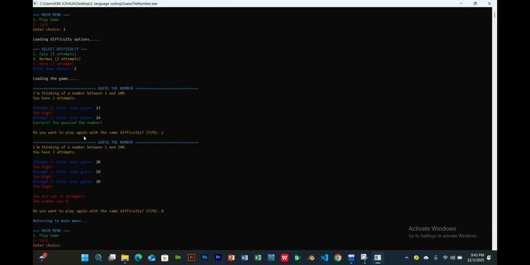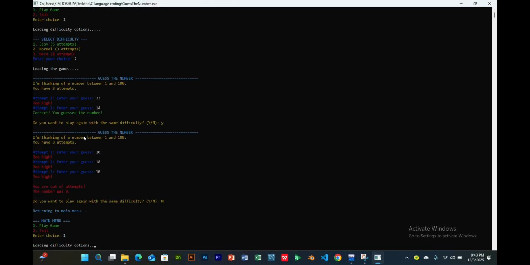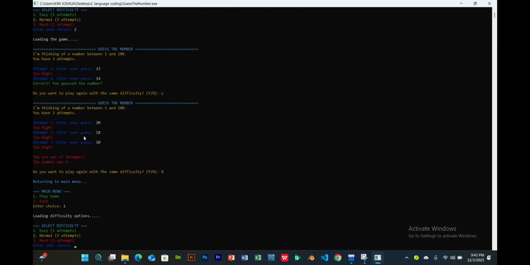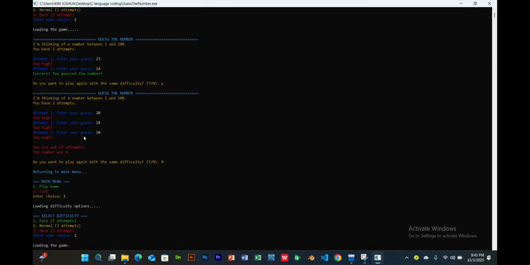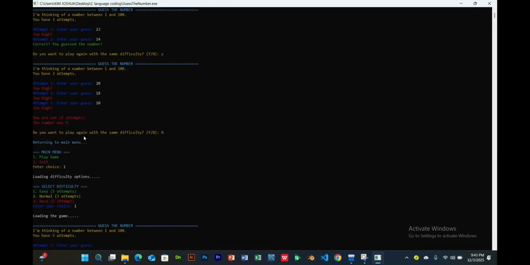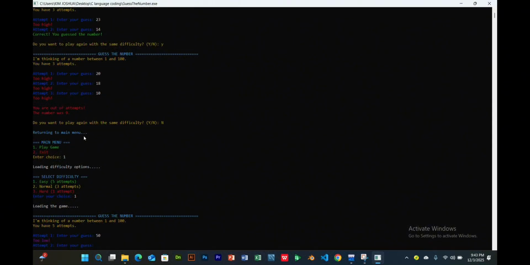So I will play the game again, loading difficulty options. We'll choose easy. It has 5 attempts, and loading the game. Oh, here we go again. I think the number is 50. Too low. 85?